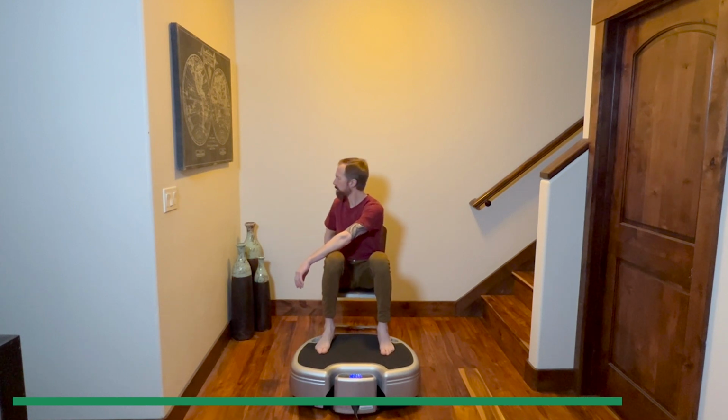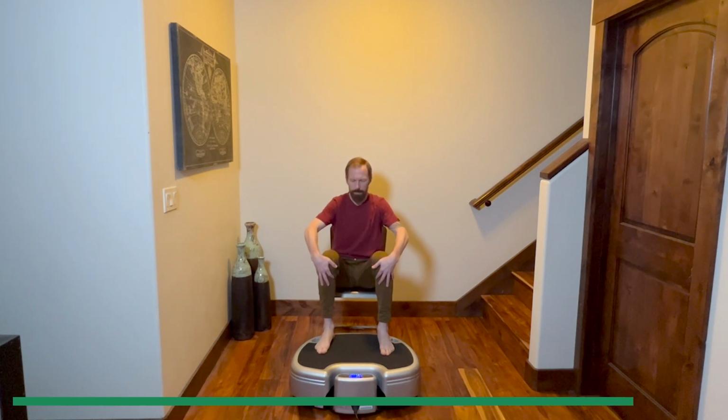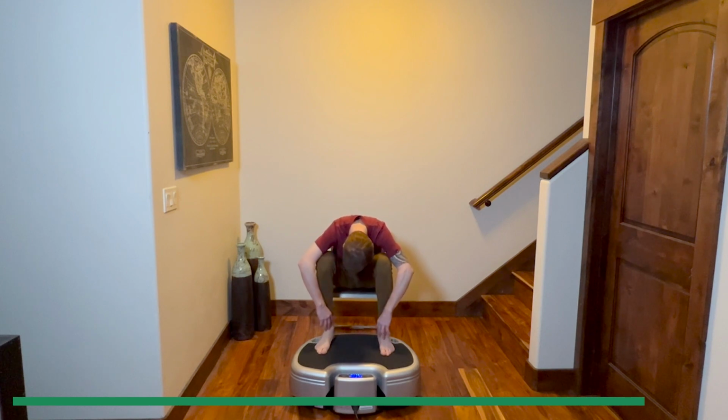And all I'm doing is just allowing that vibration and my breath to guide me. This is no strain on my body at this moment, that's what I love. And then it felt good. I wanted to run my hands down my shins, feeling the vibration, and then dangle a little and stretch my